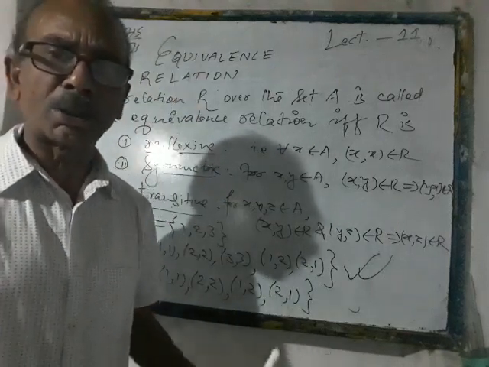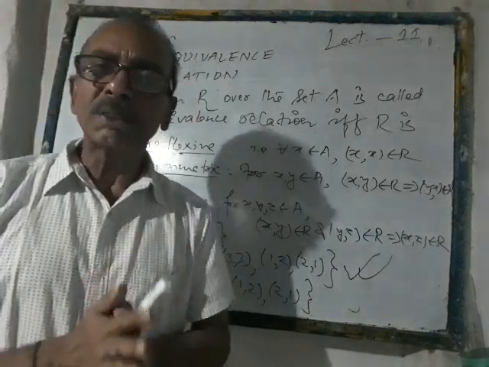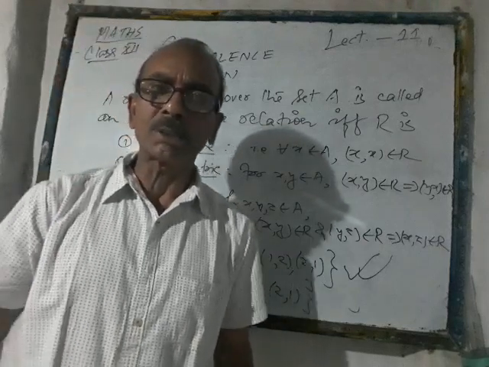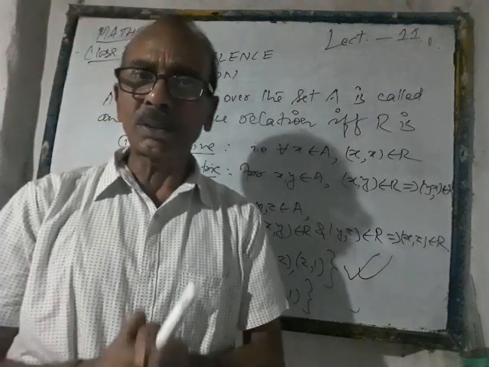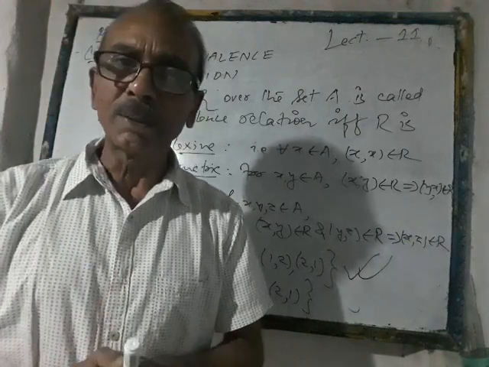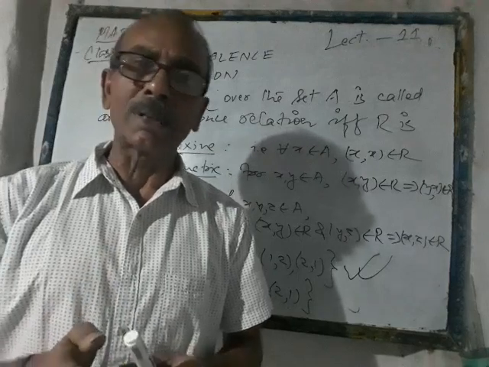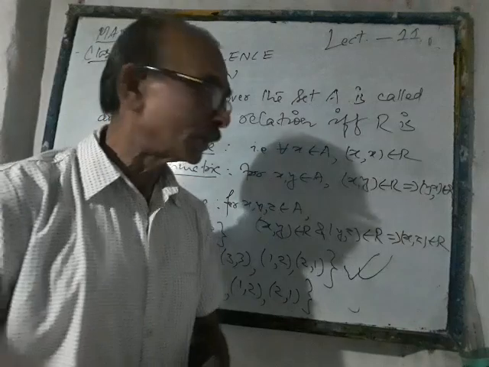We are not bothered about checking whether the given relation S is symmetric or not, transitive or not. Once it is not reflexive, naturally you have to say that it cannot be an equivalence relation, because for a relation to be an equivalence relation, it must be reflexive, symmetric as well as transitive. Got it? Now I will give you some more examples to make it clear.